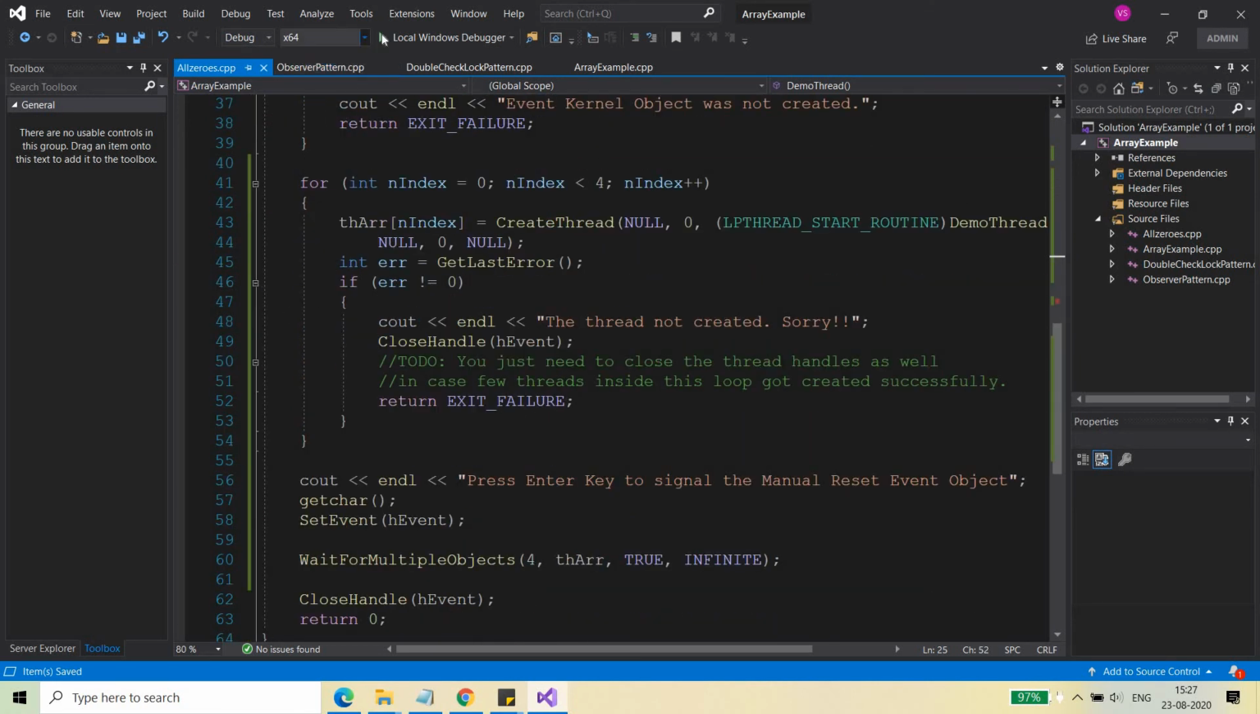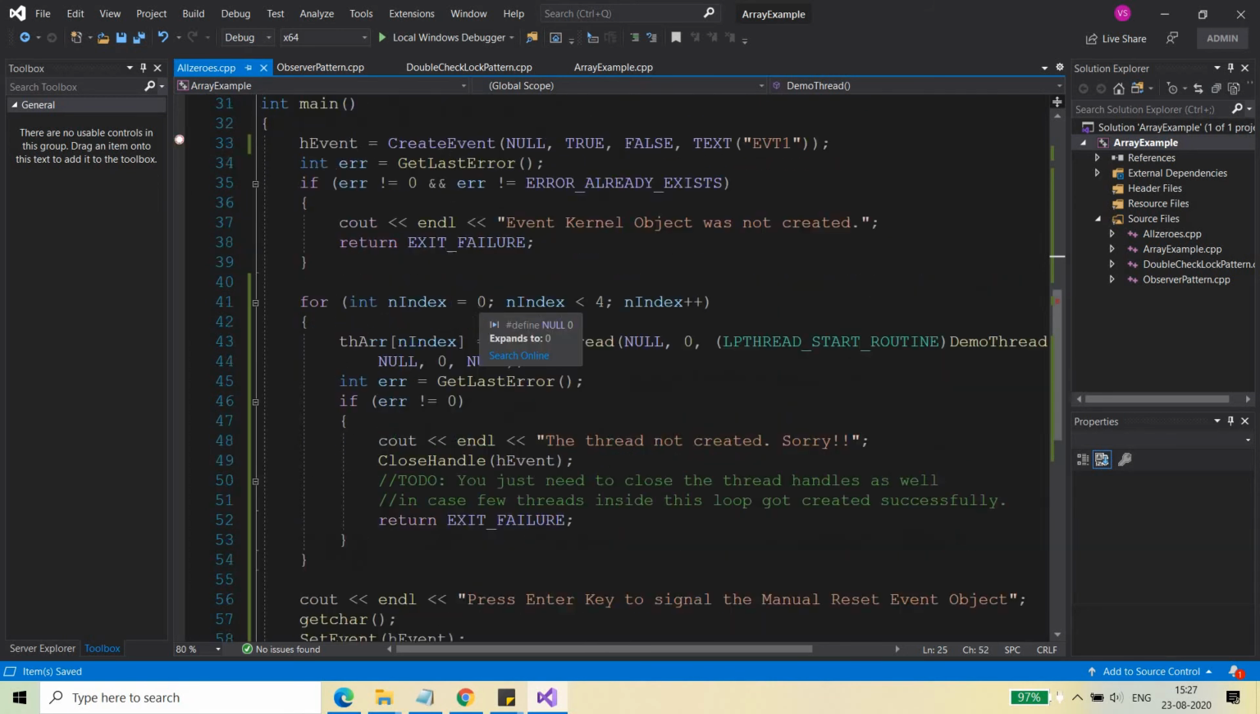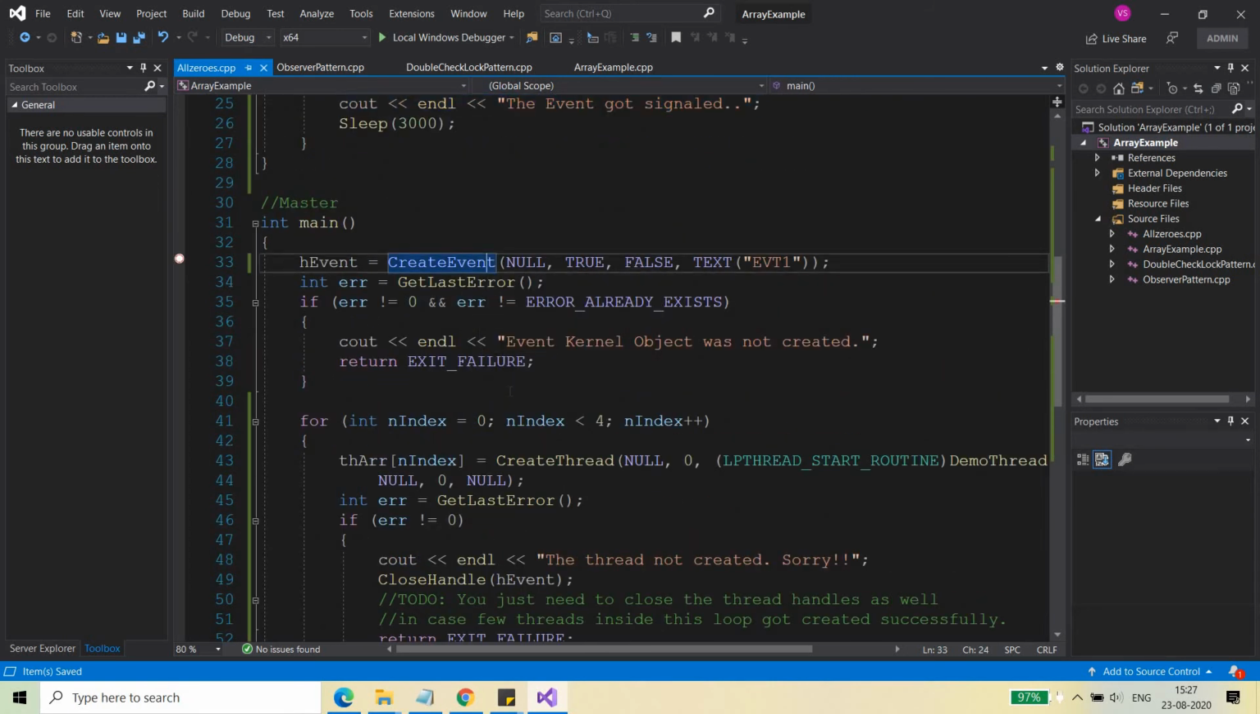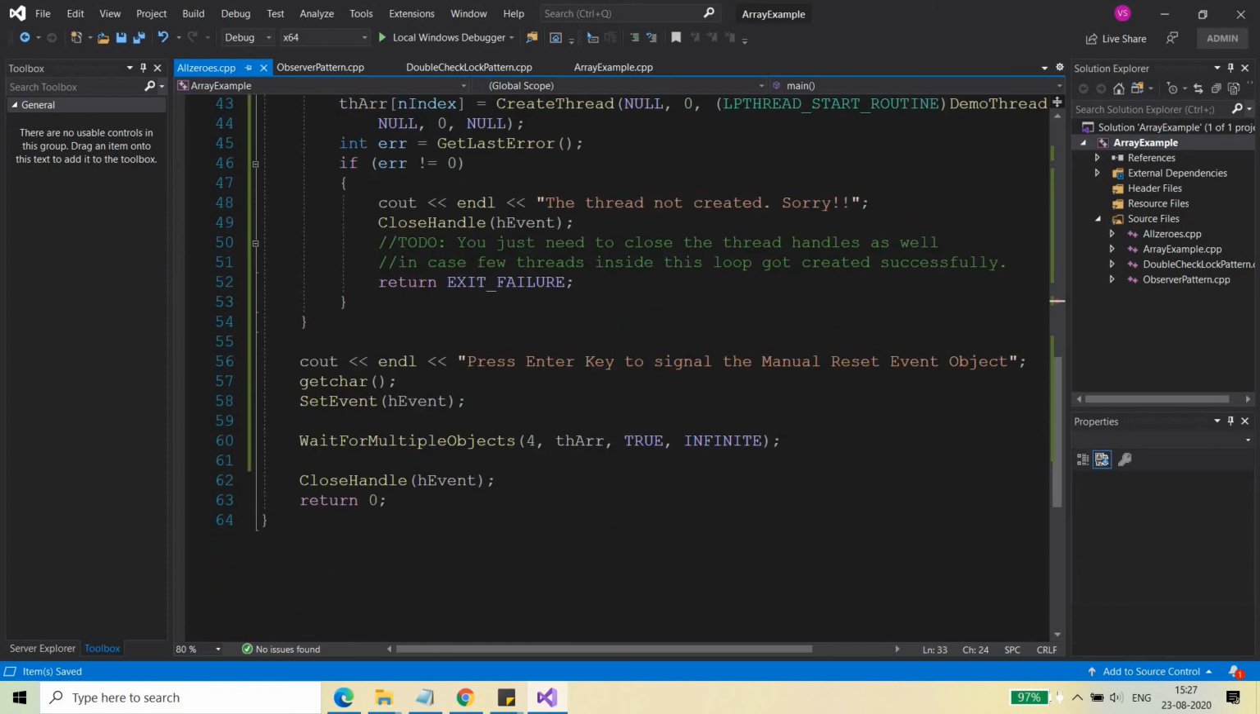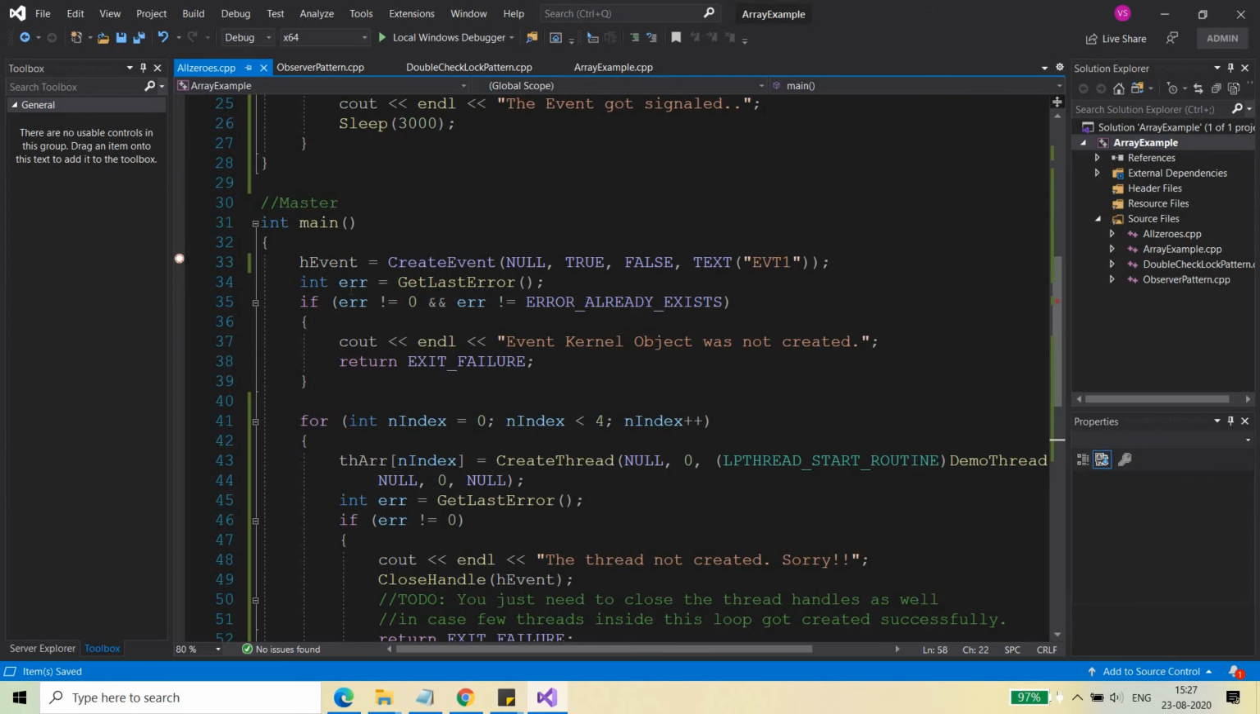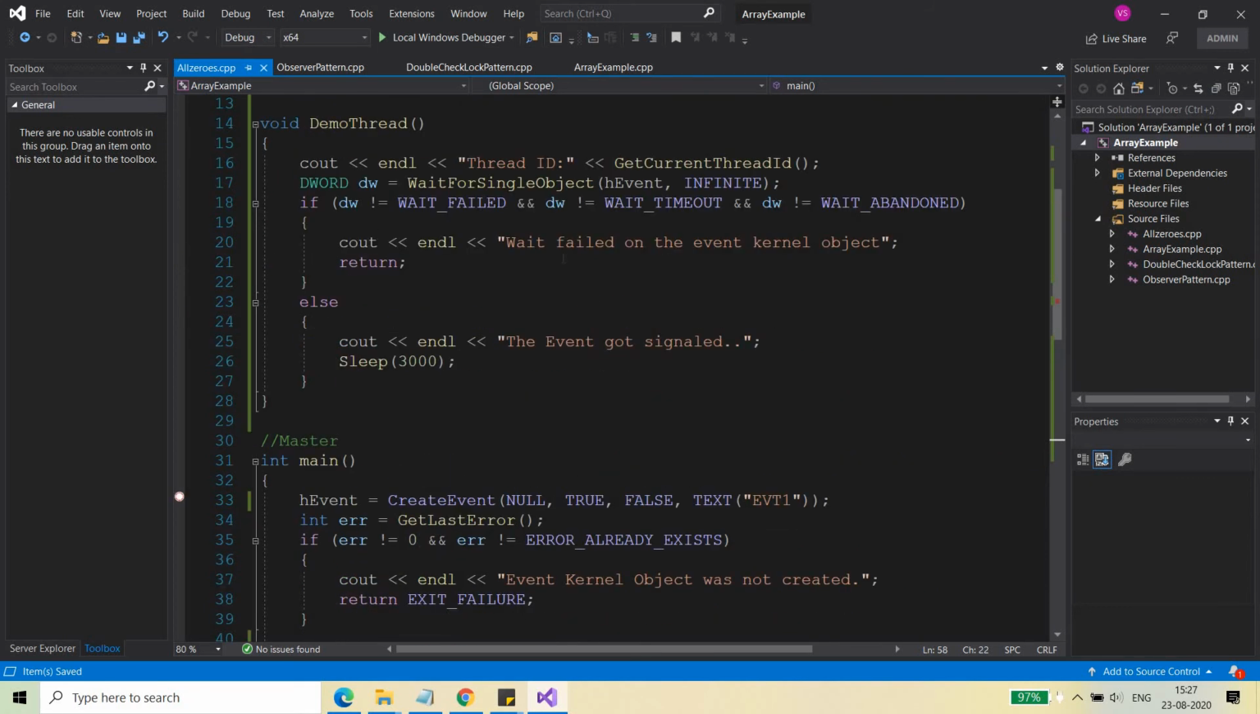So let me just go through this. This is the event object. There are 4 threads, and before waiting on all these 4 threads, since they are in memory, they are running now. We ask the user to press any key so that we can signal the event object. Until we signal the event object, you will only see this message from every thread: Thread ID this, thread ID this, thread ID this, and that. Right? So all the 4 thread IDs will be printed,